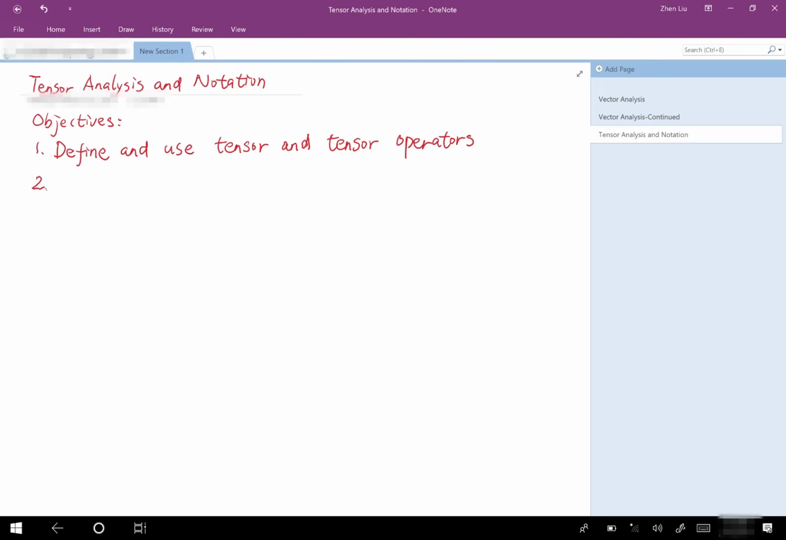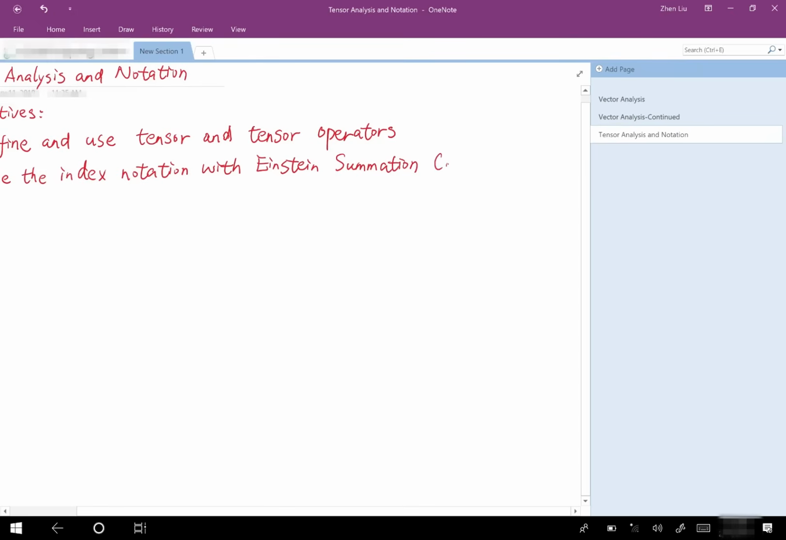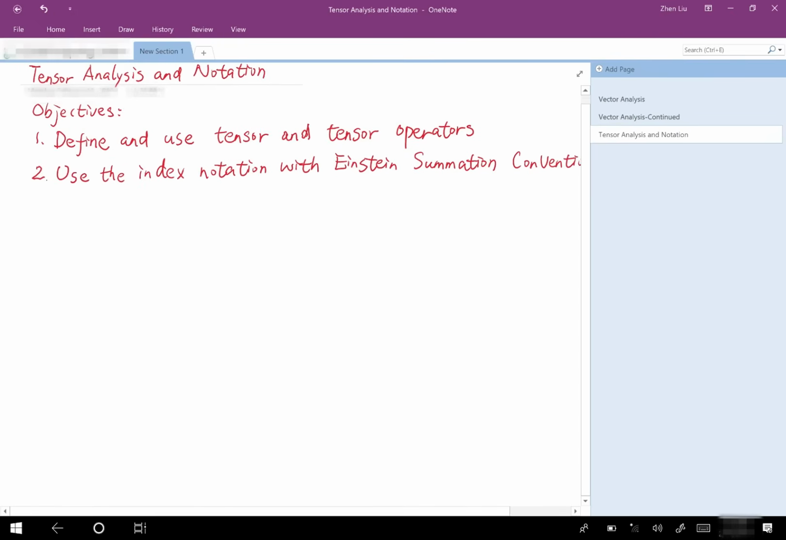And the second objective is to use the index notation with Einstein summation convention. So these are the two